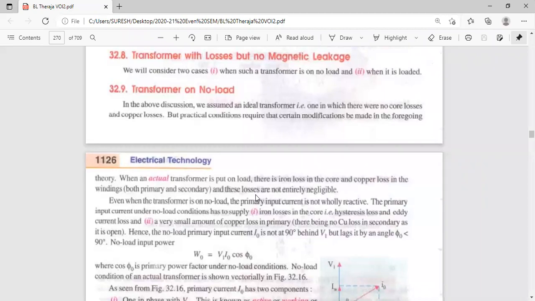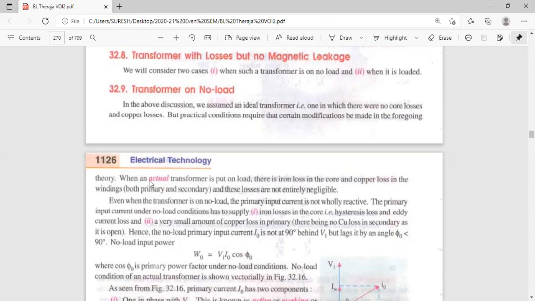In a transformer, one is the iron piece and the other is the windings. In the iron piece, that is the core, core loss will be there. Second one is the copper coil. In the coil, we'll have copper loss. Only two losses. In the winding, that is the coil, copper loss. Second one is the core. Core means iron loss. Core is made up of iron piece. There are two losses in the transformer: one is copper loss and the other is iron loss.